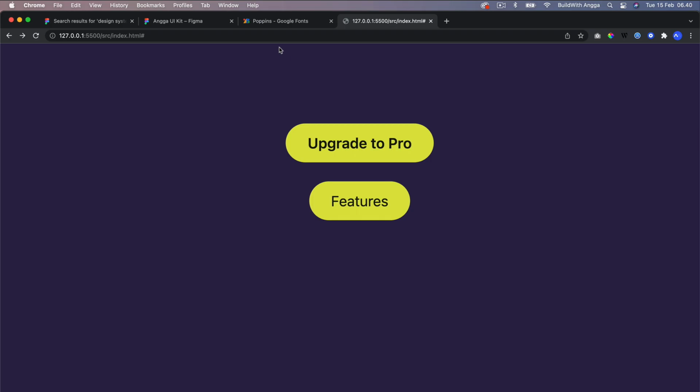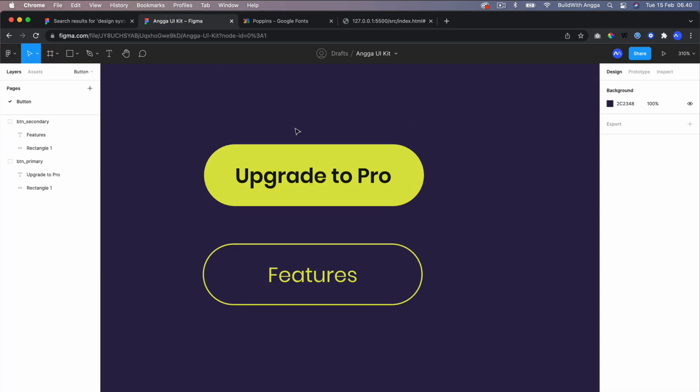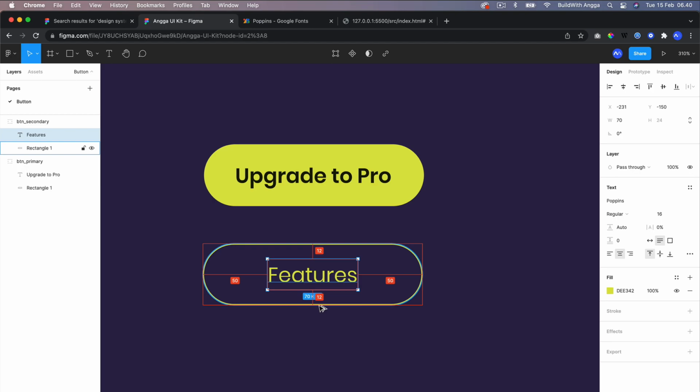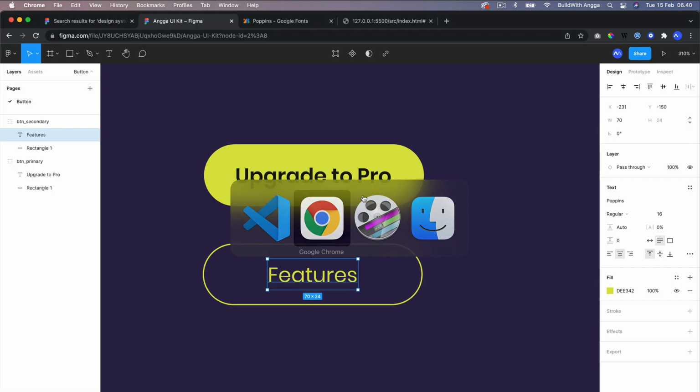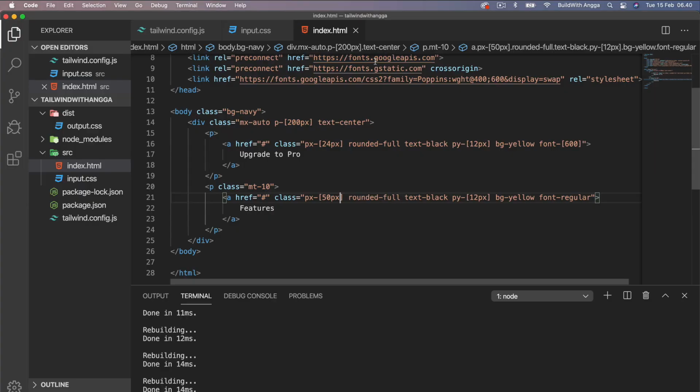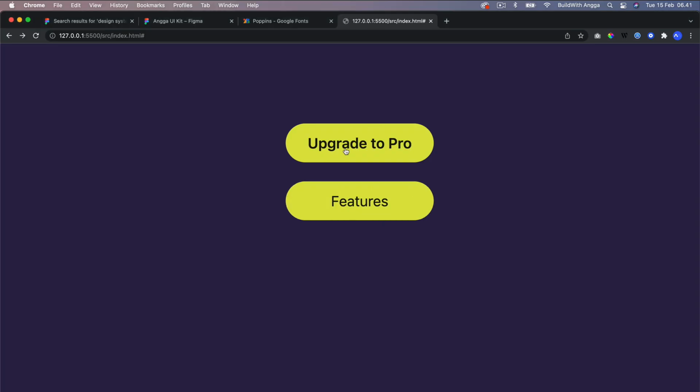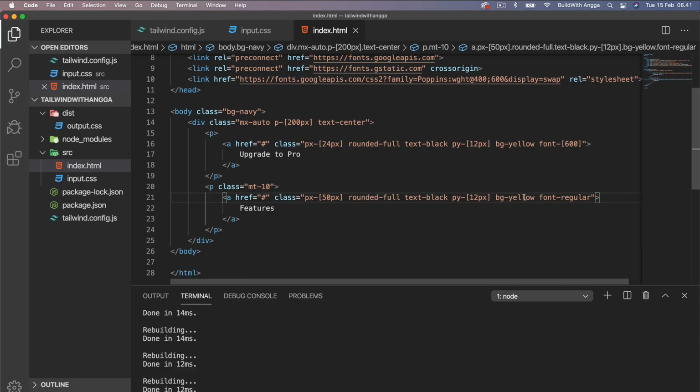And if we see here in this button design, we have this 50-50, so it's supposed to be 50 pixel. Like this, and we don't use any background color, and we use the text yellow.